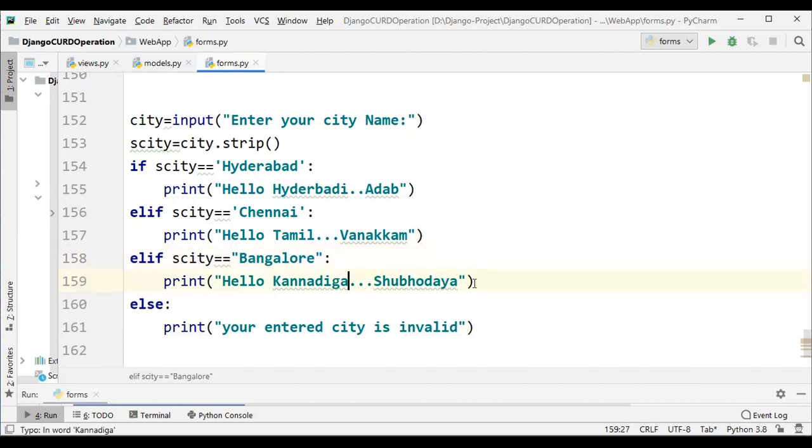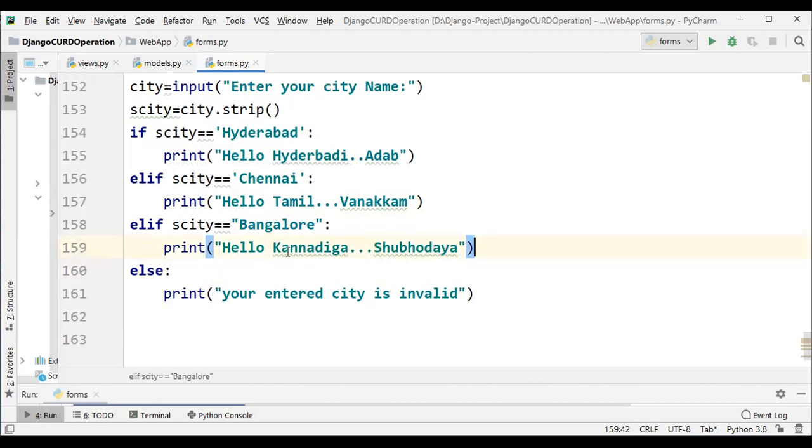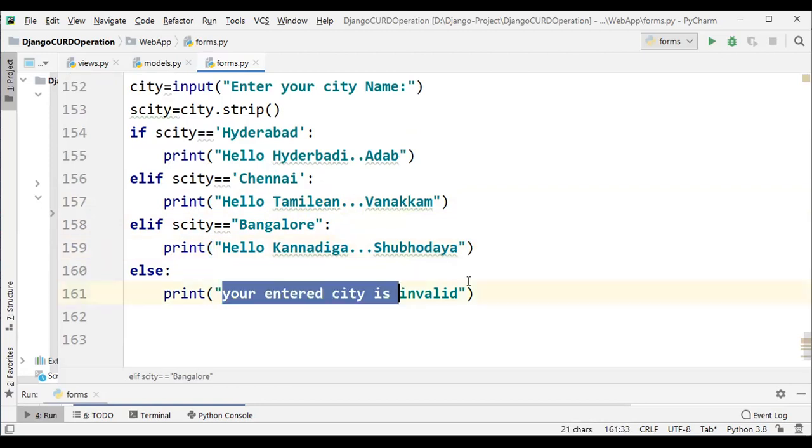I don't know, actually, Tamilian. Tamilian, spelled E-A-N, not I-N. Okay, Bangalore. Else, your entered city is invalid.